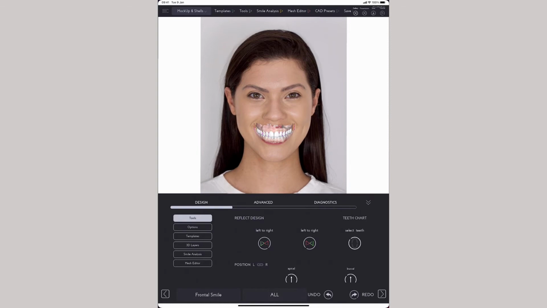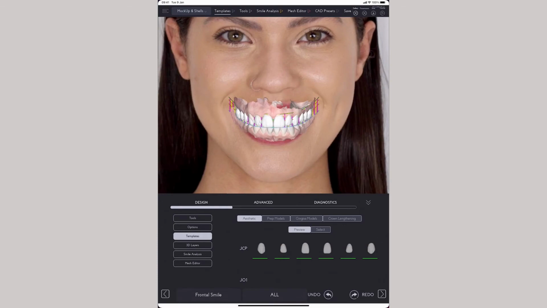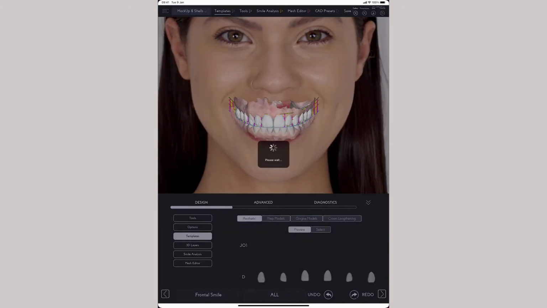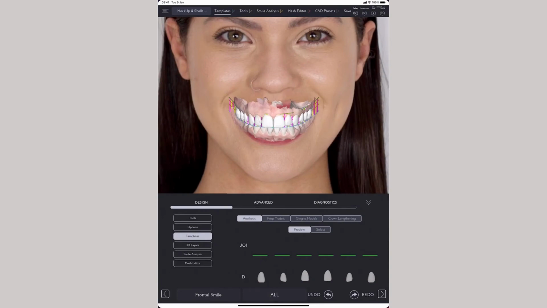So the first step is to go to templates. Smilefy offers you a variety of natural looking 3D teeth design. So you can select one template, as for example J01, or you can select a different template and mix them together. For example, right now it's in preview, so if I tap on select and I select the 2 centrals F01, just tap on the tooth template,